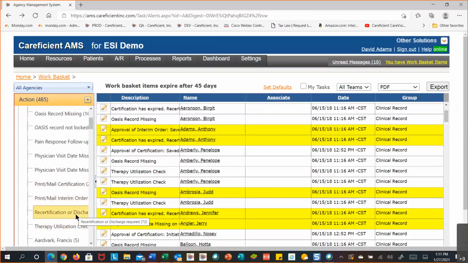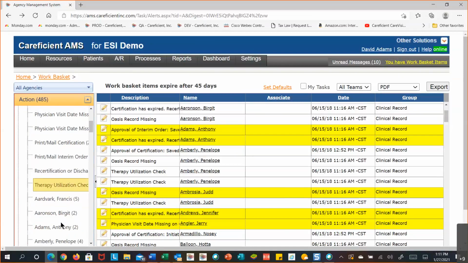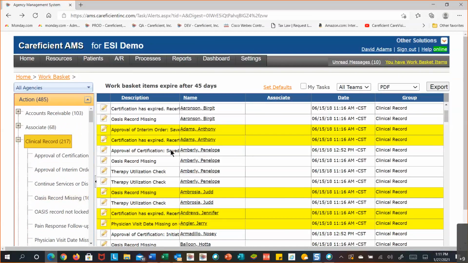There's a difference between discharge or continuous service. One of them deals with your private pay and the other one deals with your home health. And then there should be a third one for your hospice. So you're going to see a combination of things sitting out here for your clinical, and your clinical piece is probably going to be the largest of the workbasket items. And so just to give you an example of why I say it's probably going to be your largest,